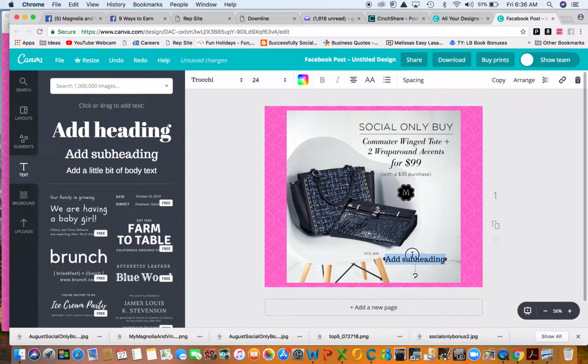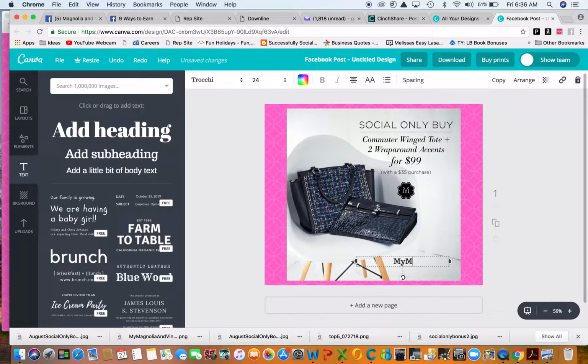Here's where you can just drag it down here, and if you wanted to add your website, you can drag it out. Here you could just add, my Magnolia and Vine.com. And I know some of you said that your website is pretty long when you add all your information onto it. Why not use your number? You can put your Magnolia Vine ID here,